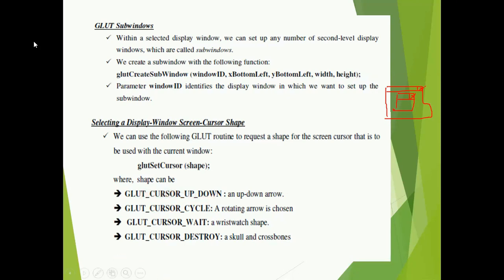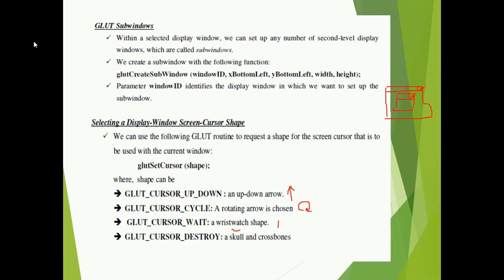GLUT_CURSOR_UP_DOWN means you may have a cursor shape with a structure like this, and you might have seen a rotating structure on your PC for showing the cursor. A watch shape can also be shown using GLUT_CURSOR_WAIT.